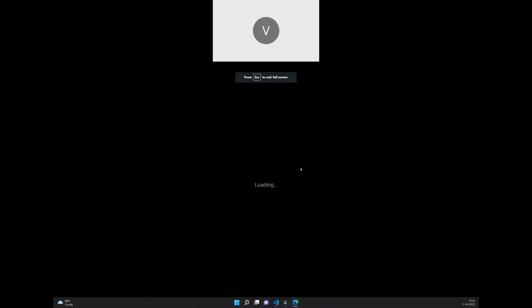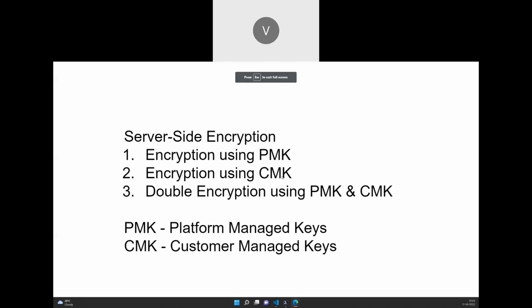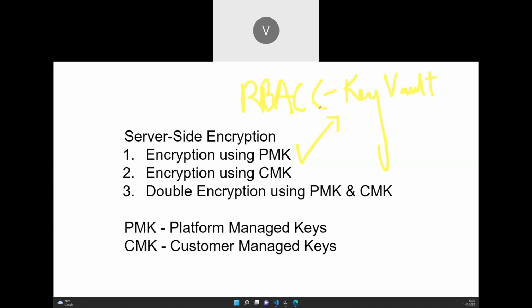managed encryption. And if you are using a CMK, what we do is we have created a key vault, and we have ensured that we assigned an RBAC to it. What is RBAC? You are assigning a permission to yourself when you want to create a disk encryption key. And that RBAC assignment I created as an owner role. And once I assigned the owner role, then I use the service called disk encryption set,